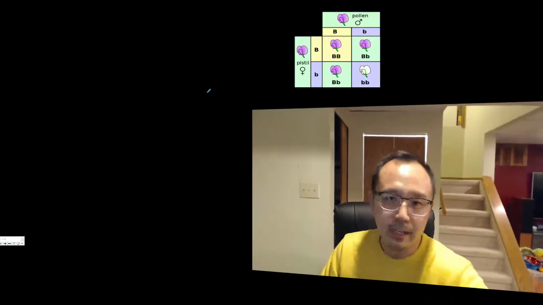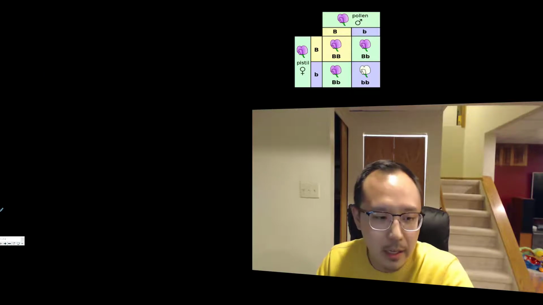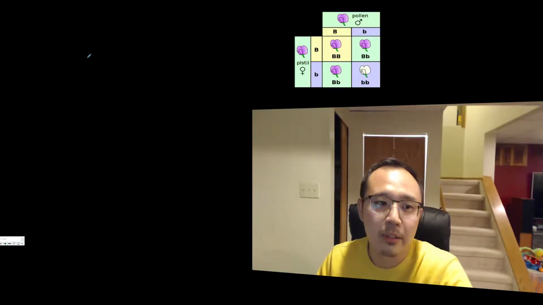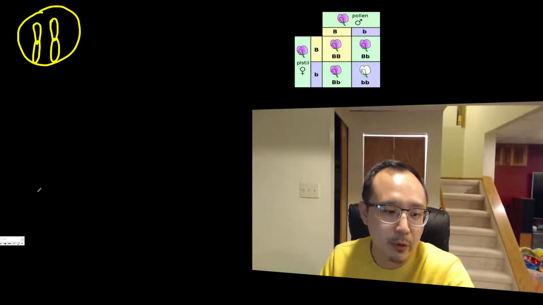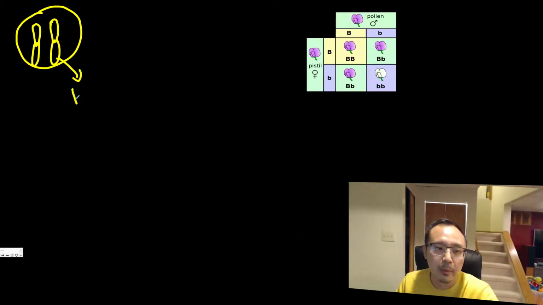Hey, so this is going to be your second lesson on Punnett squares, continuing from the last video about relating meiosis to Punnett squares. You now know that if we were to start off with a cell with these chromosomes, I'm just going to quickly draw some chromosomes here. Here's my centromere in the middle. So these are your two different chromosomes, and if one of them accounts for your blonde hair color, and this